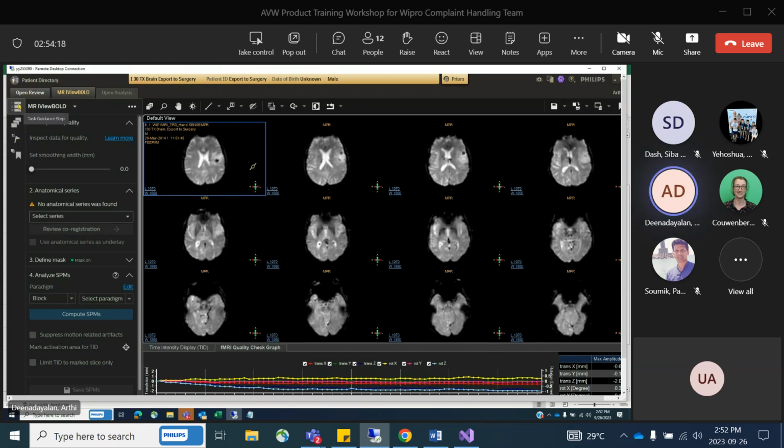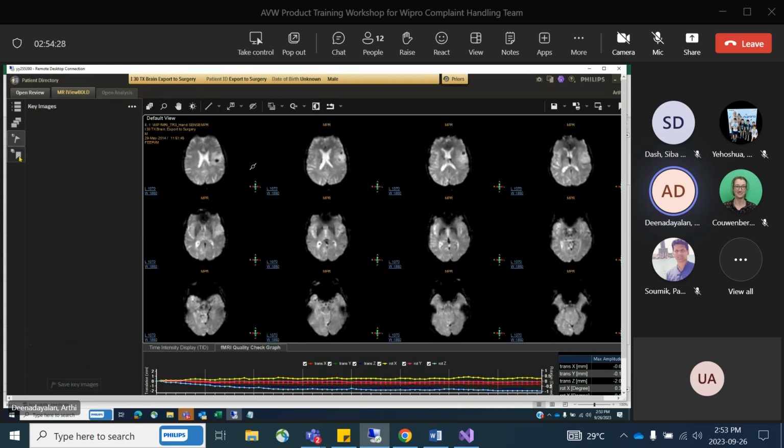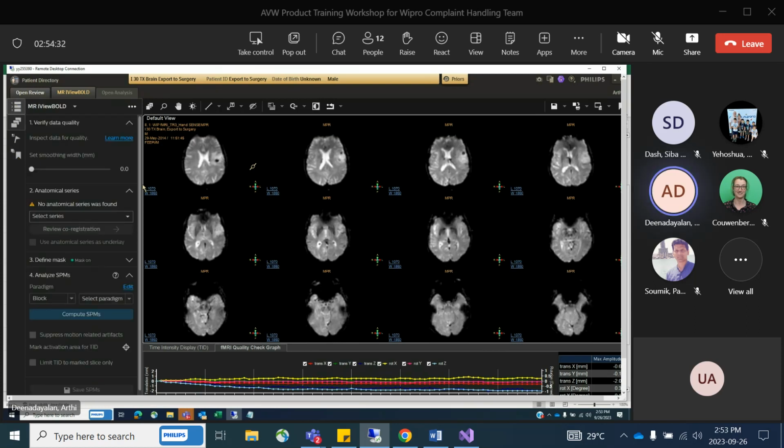Your first thing is your task guidance. The second small box is your pictorial index. The third one is your key image. The fourth one is your bookmarks. So I'll tell you what we actually do here. Once the data is loaded, can you see the three dots here? Click on the three dots, go to manage paradigms,